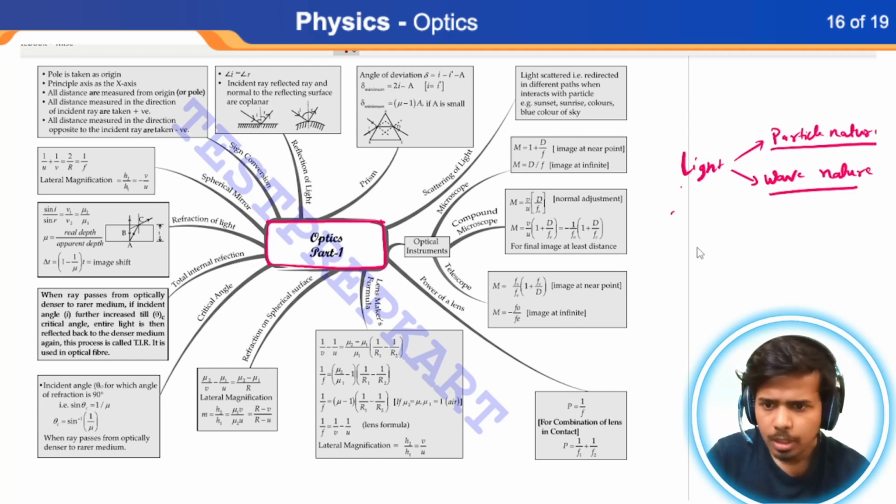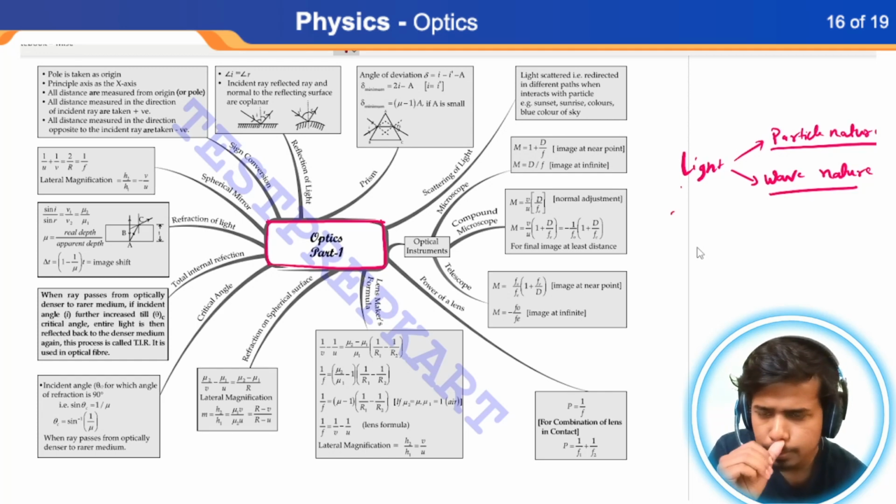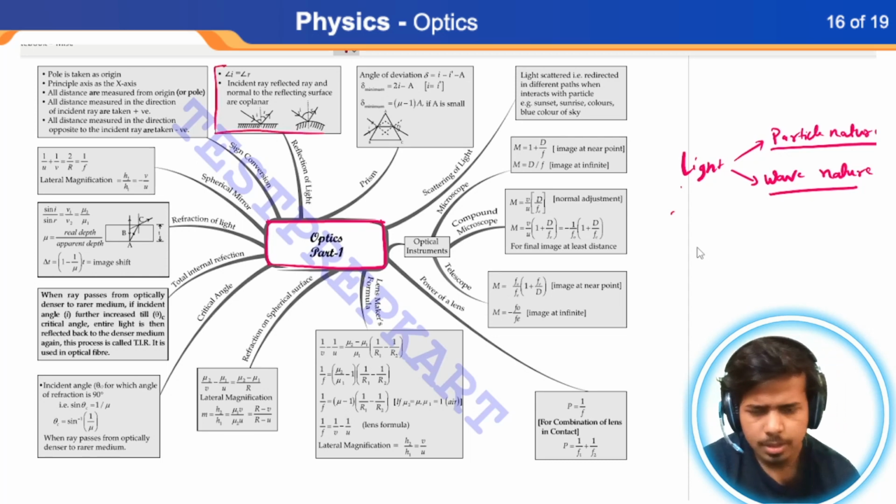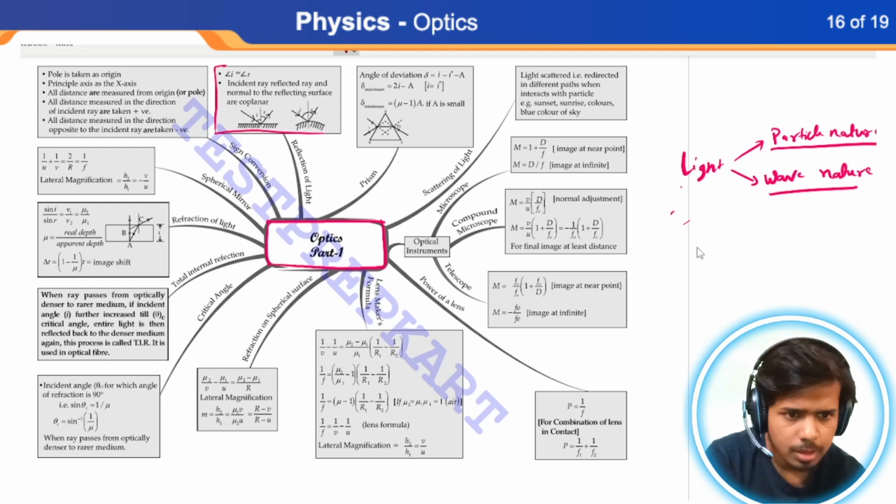Now, first of all, let's talk about some very basic properties. I'll just give you a gist of it. First of all, light has some properties. Law of reflection,